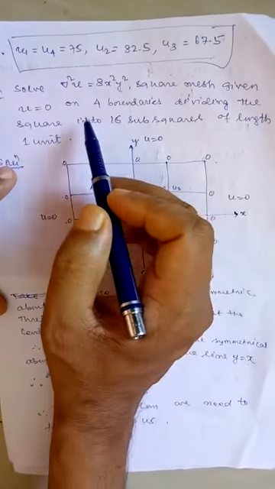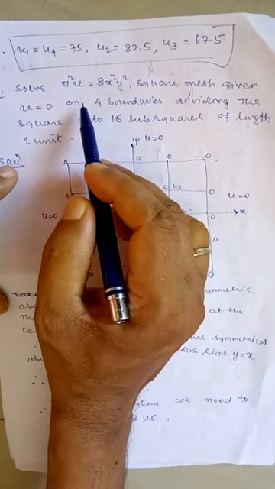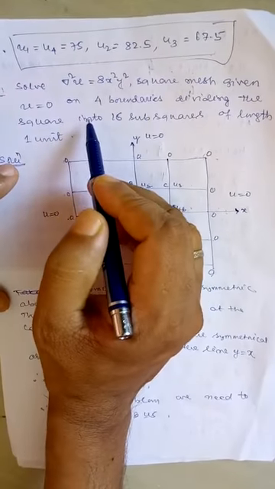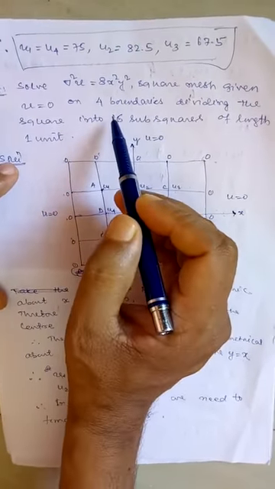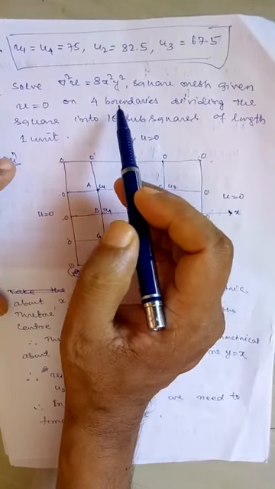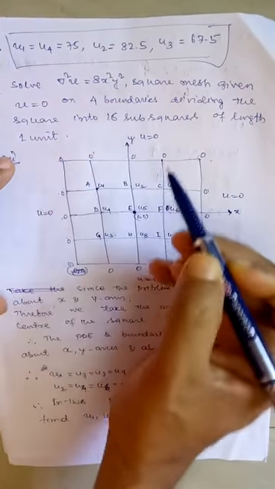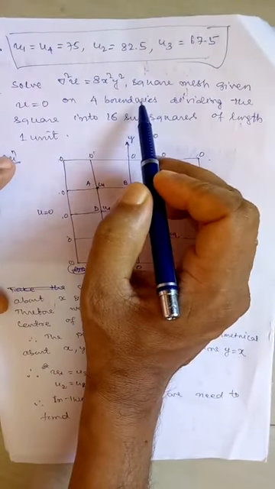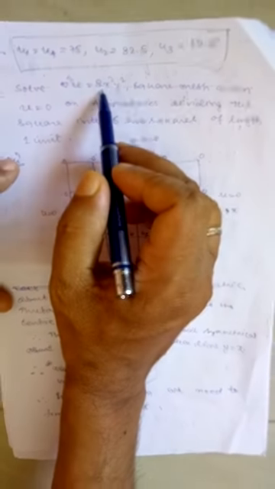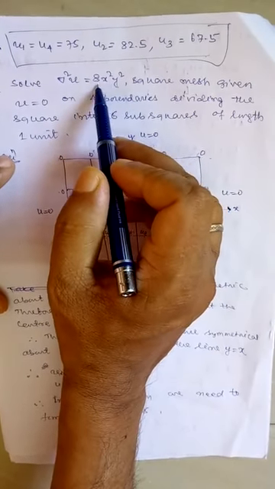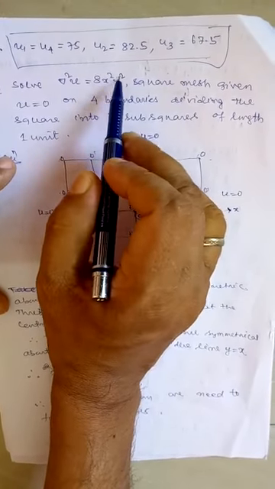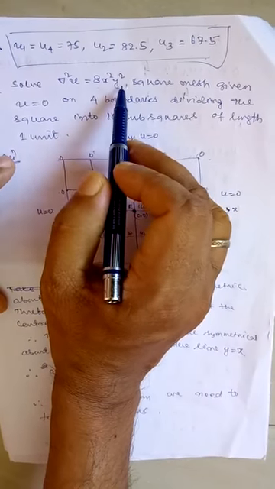You see the previous example, their values of x and y are given as 0 to 4 and 0 to 4. As a result, we are taking the square on the first quadrant because both x and y were positive. But here we don't know the value of x and y. It may be positive or negative, but this will remain the same. If I put x equal to minus x, still there will be no change. If I put y equal to minus y, still there will be no change.